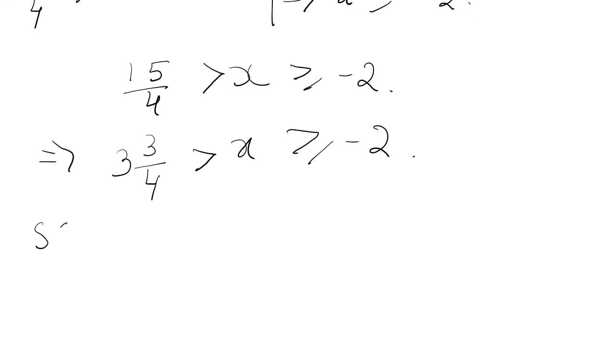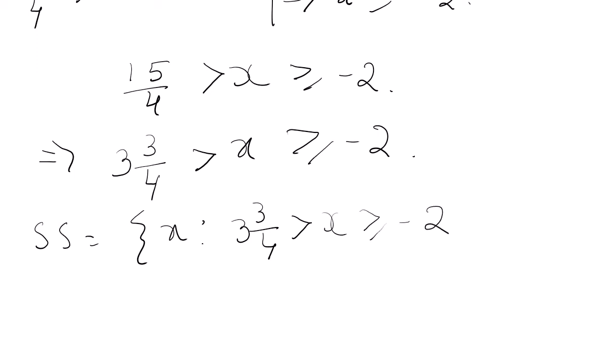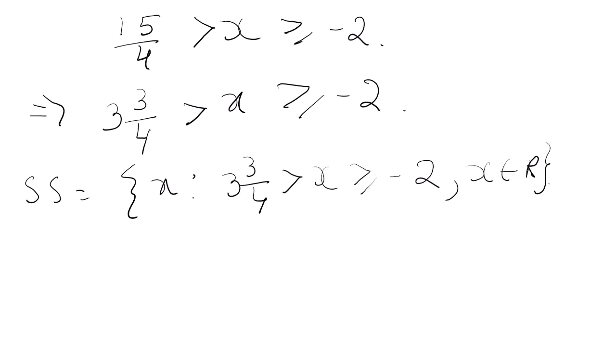So solution set will be set of all x such that 3 3 upon 4 is greater than x is greater than or equal to minus 2, x belongs to R. Okay,